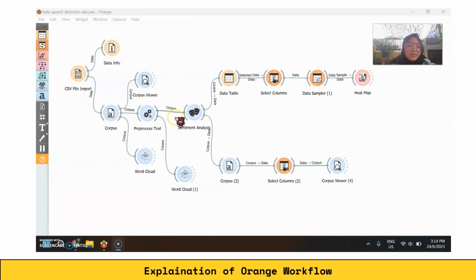And then after that we connect into sentiment analysis and word cloud. So we connect another word cloud widget here to observe the differences between before pre-process and after pre-process. And then we use sentiment analysis for the selected data algorithm.